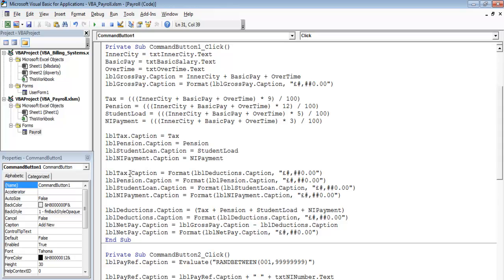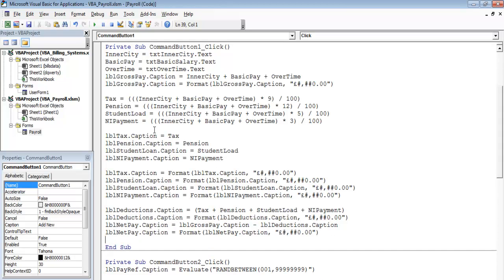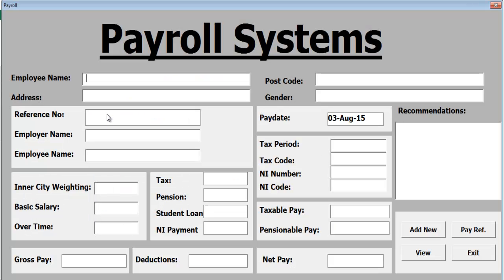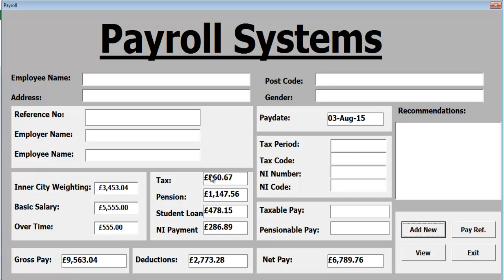Suppose you guys are following, but if you have any problem, you can always send me an email and I'll forward this code to you. But as you can see, it's very easy lines of codes anyway. Might be taking a bit of time to complete. So let's run this program now and see again. So enter the payment and so on in there. I think I need to change this format around. Okay, now click on this. All of these other components here are all formatted into £sign as well, and that's the net pay